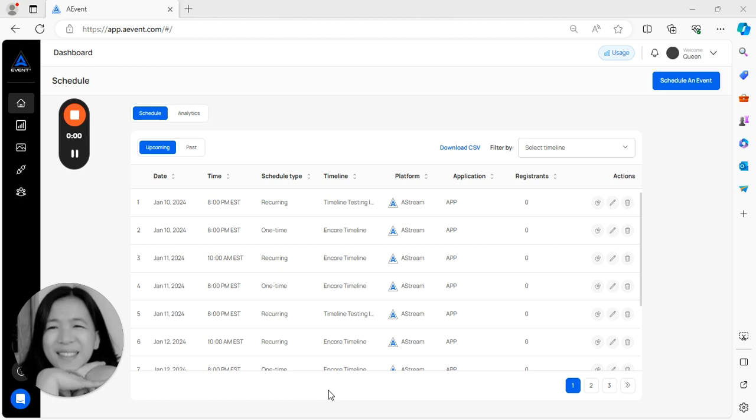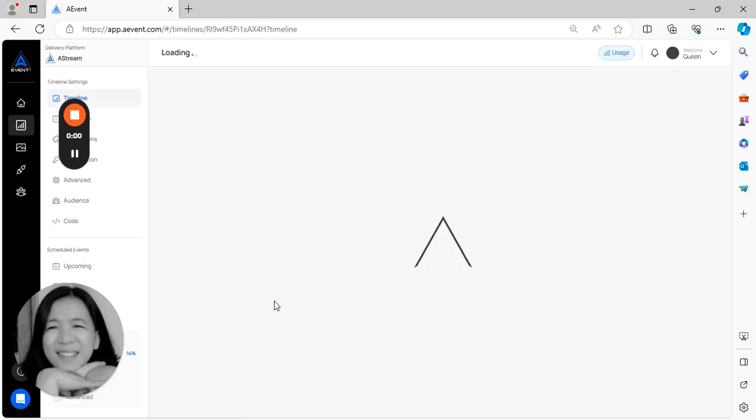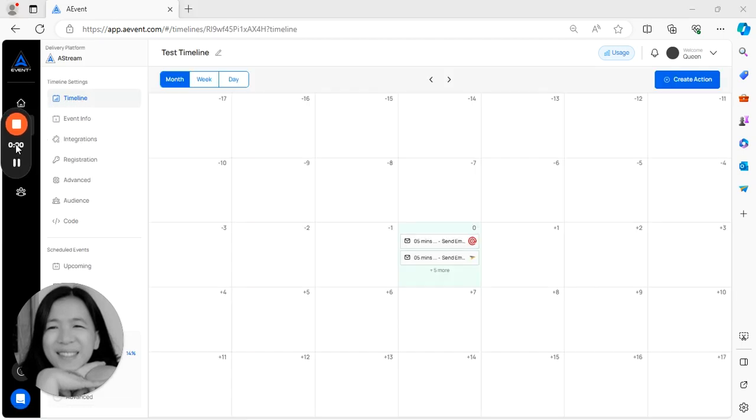And from here, assuming that you have successfully integrated your Drip account to AEvent, from the dashboard, let's just access the timelines page. And from here, you just have to open your timeline. Once there, you will be directed to the page where we create timeline actions. You just have to click on the create action button from the upper right hand side